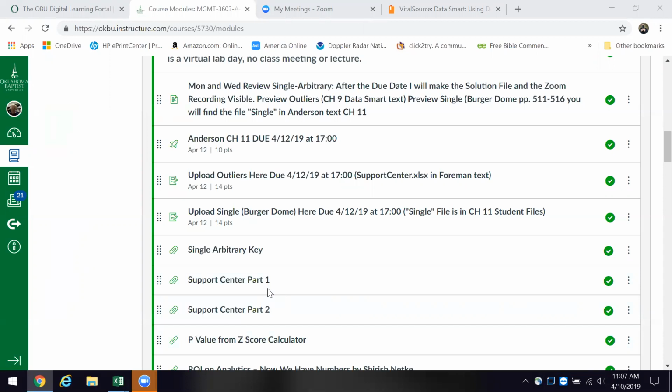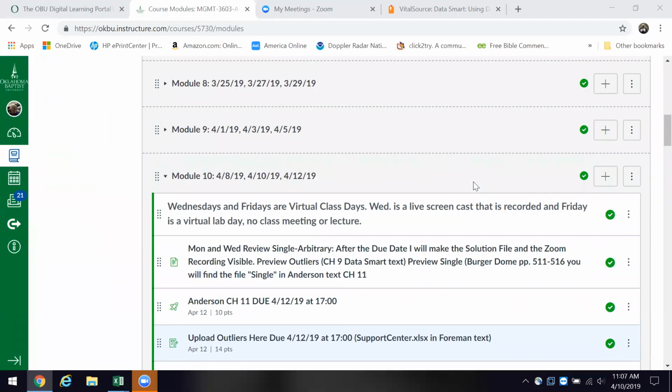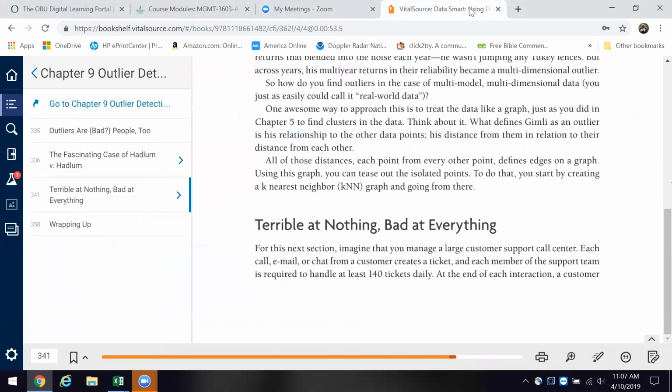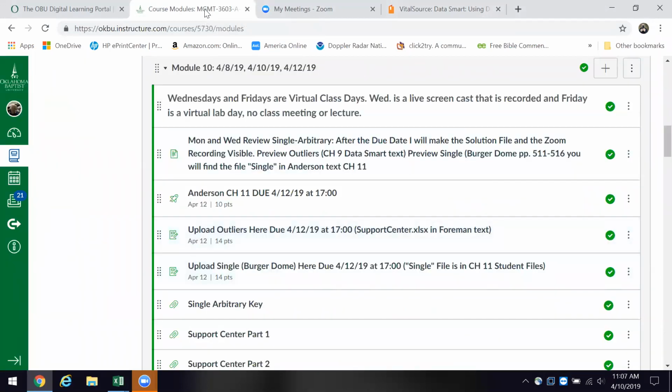Now, as I had mentioned, I'll just go ahead and run through this again for you, Alejandro, and anybody else who joins. On Monday I took the outliers case, and this is out of the Foreman textbook, Data Smart, and we did Chapter 9, the case on outliers. I went over the text, showing you the screenshots, his comments, etc., just talking about the case and how it was put together.